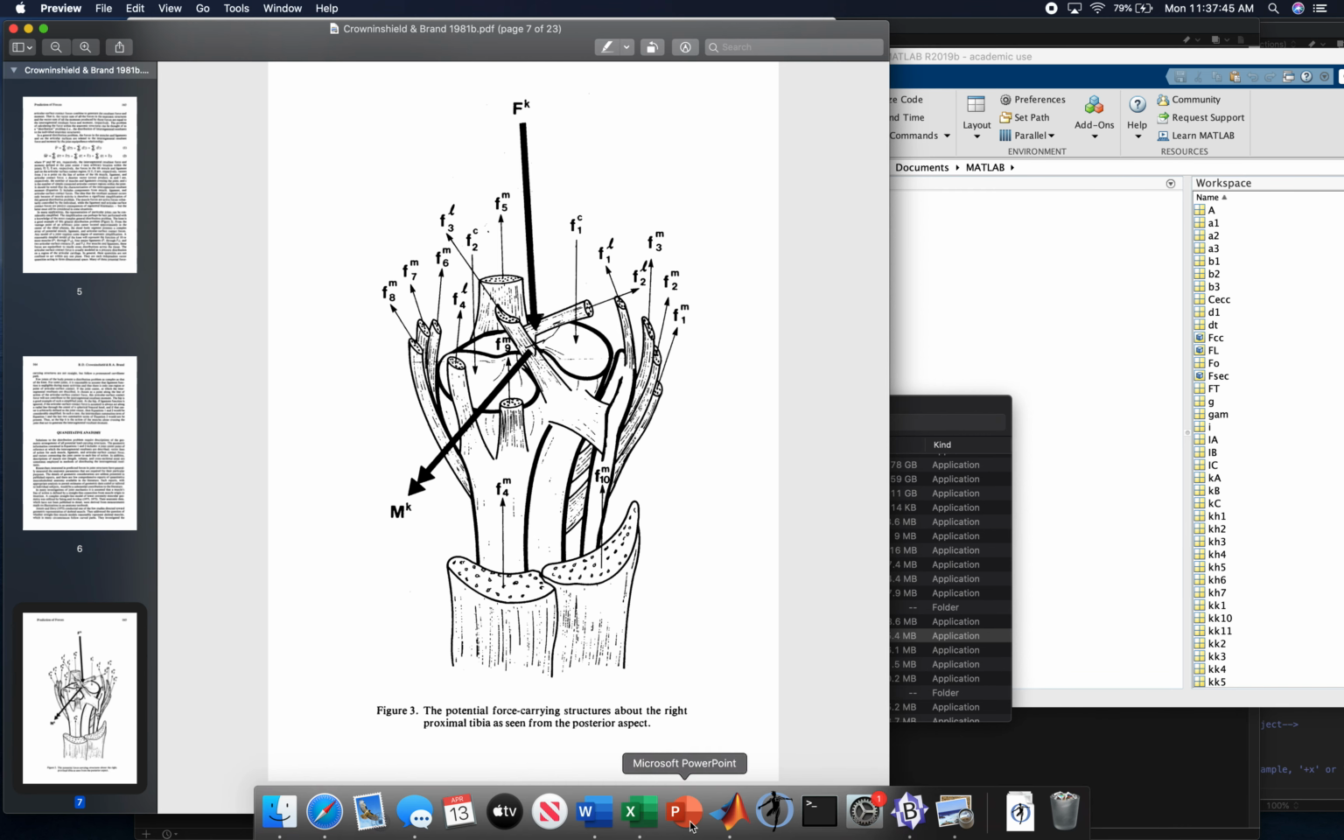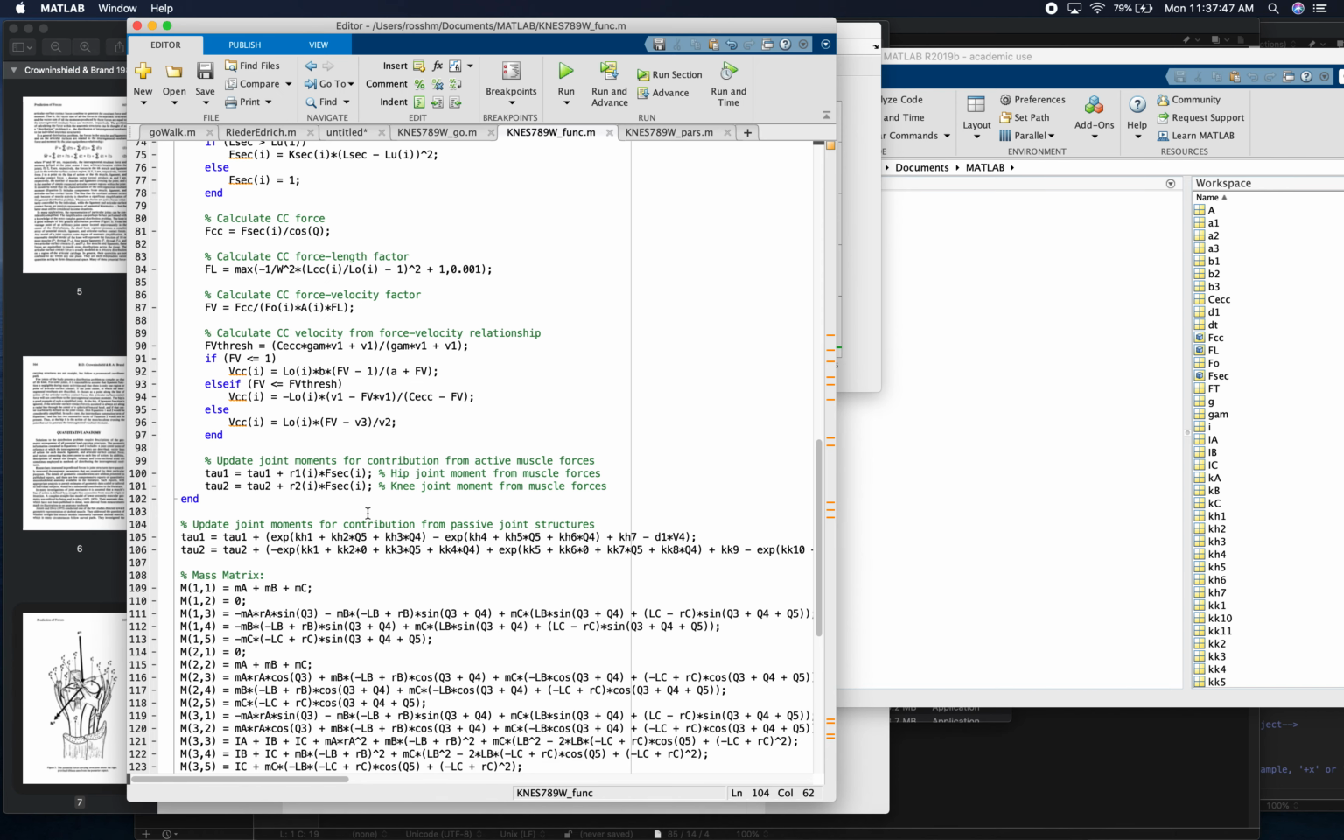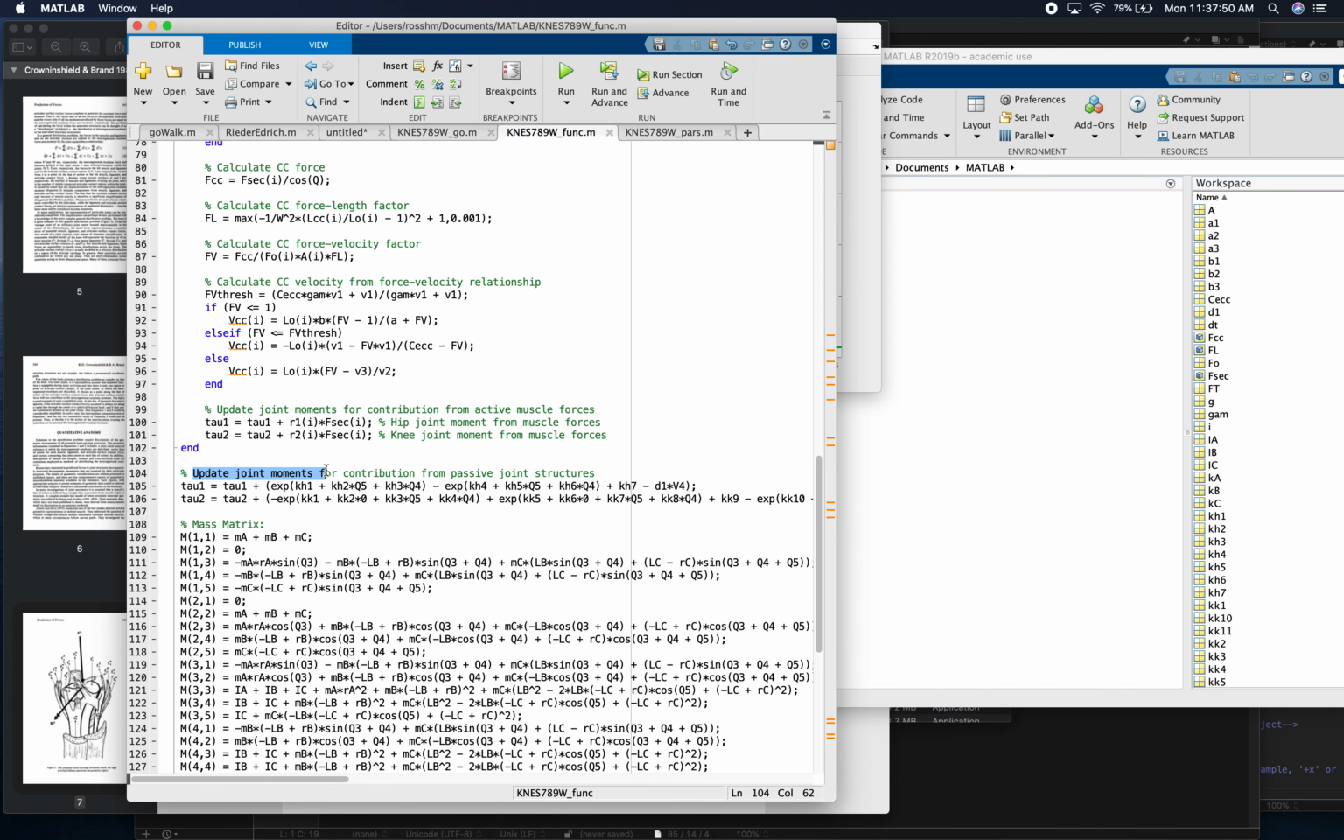So what I added here to the model down here, where I'm updating my joint moments for contributions from passive joint structures, is I'm modeling this passive stiffness at the joint level. I'm not modeling it at the individual muscle or individual structure level. And this is just simply a simpler way of achieving this goal of limiting the ranges of motions of my joints to physiologically realistic ranges without adding the complexity of modeling the passive stiffness and damping of individual structures inside